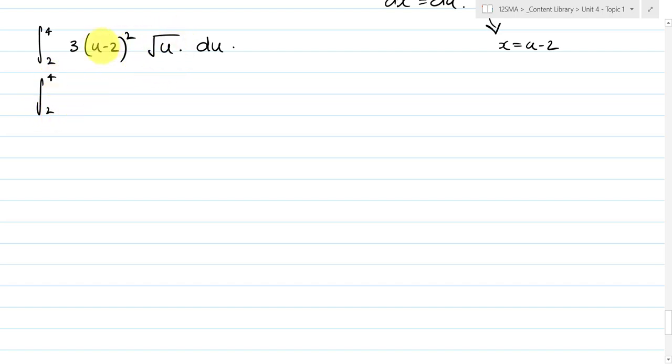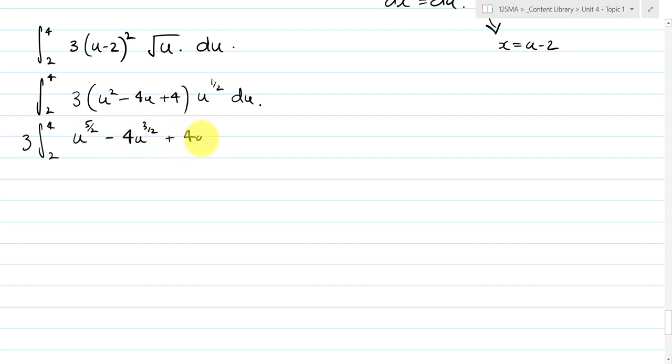Now the u is better, but I have this quadratic I've got to deal with. I get 3 times (u squared minus 4u plus 4) times u to the power of a half du, and this is the integral between 4 and 2. I'll take the 3 out the front, and I get u to the power of 5 over 2 minus 4u to the power of 3 over 2 plus 4u to the power of a half du, which is equal to the integral between